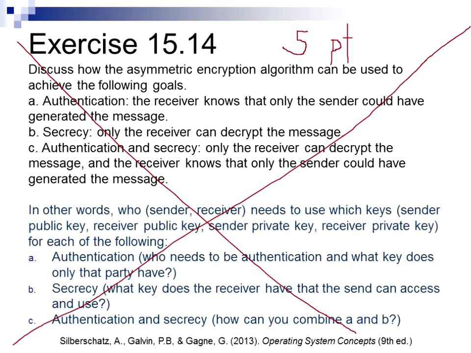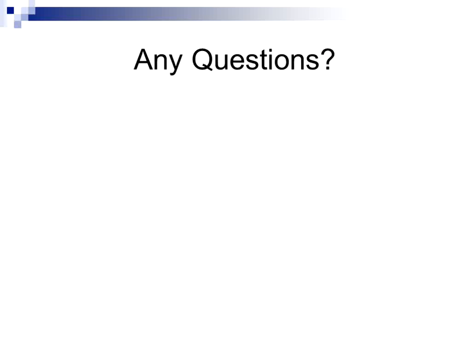I feel badly asking you a question. Even though I know this is part of what was given as part of the course, I didn't choose this question. I feel badly asking you something like this when you really need to have a deeper understanding than I think what I've been able to give you in this short session. So let's just skip the second question and just do the first one, and I'll give you 5 points for this one. Okay? And I'll send that out in the email. I know final exams are coming up. You guys have a ton of things to worry about, and trying to figure out this question I think would be very difficult.